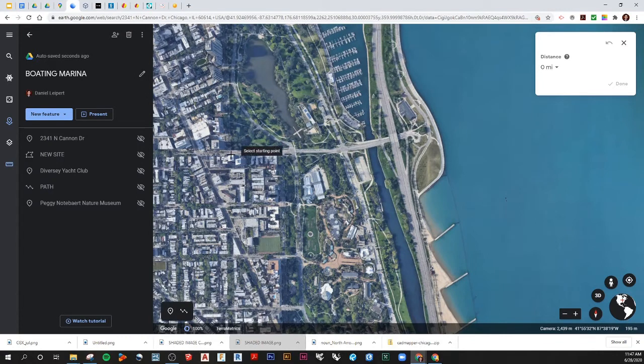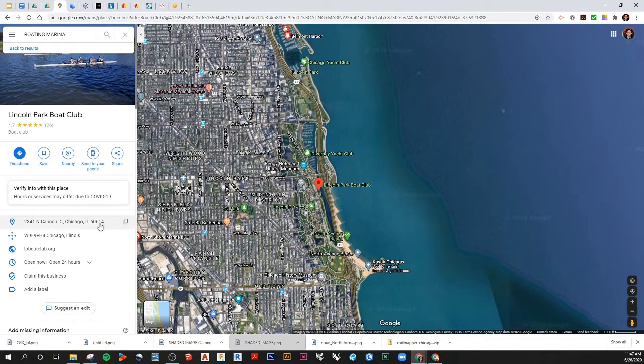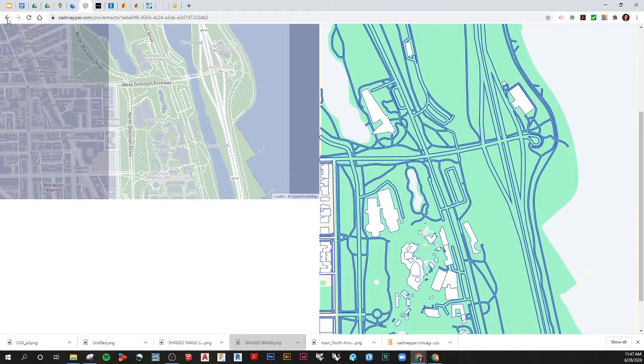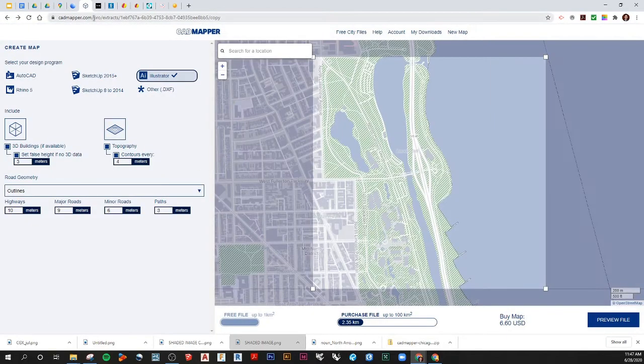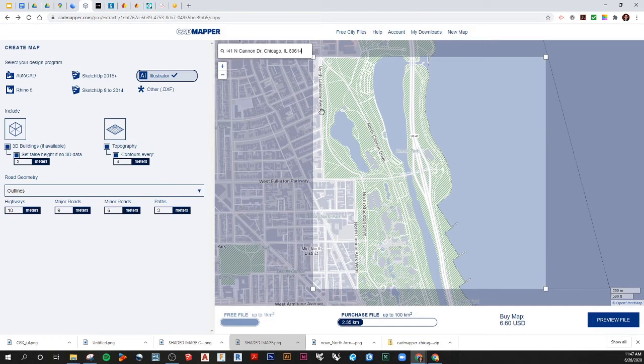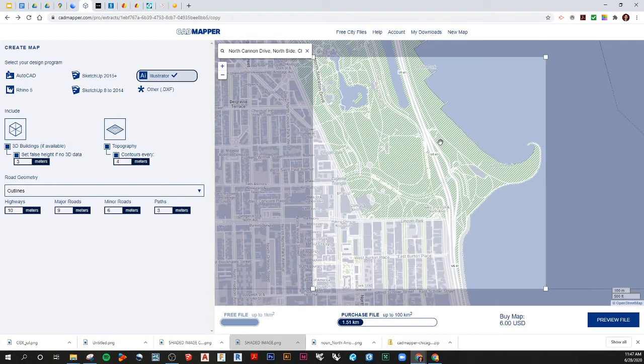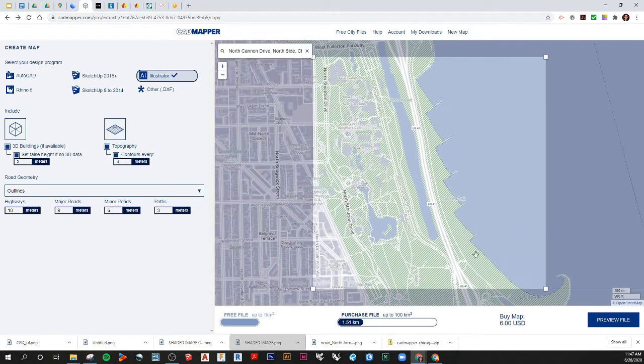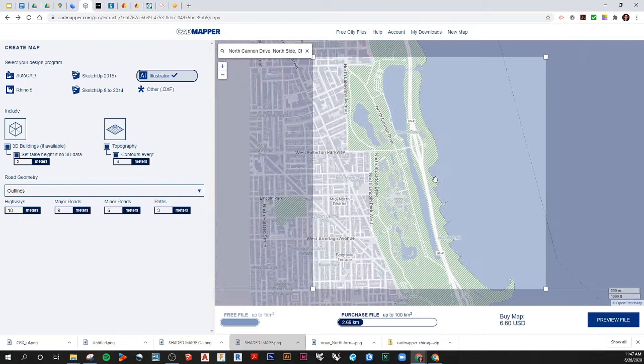And then from here, we can take that same address. So we're just going to copy this address, and we can go to CAD Mapper. And in CAD Mapper, cadmapper.com, we can search for a location. So I'm going to paste that in, hit enter to search, and it's going to bring up our file location. And we need to know where our project exists within this